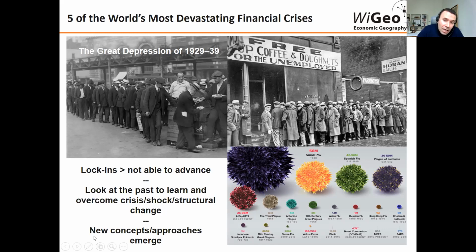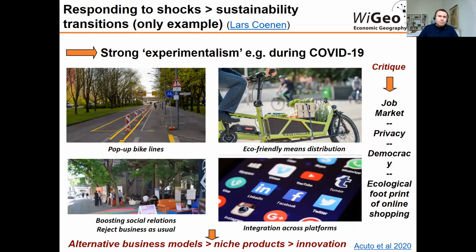So eventually this has also been leading to new concepts, new approaches in more theoretical terms within economic geography. And also an example of day-to-day, if we think about the current COVID-19 crisis, first it is impacting negatively a lot of small businesses, and there are a lot of questions you can criticize, that it has been creating or solidifying inequalities across our cities and urban regions,